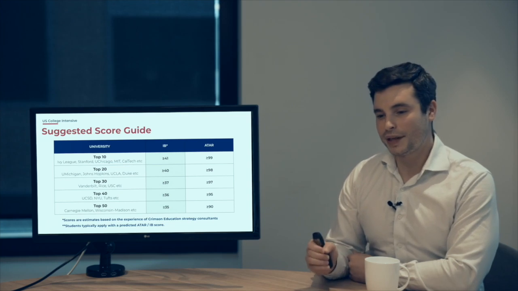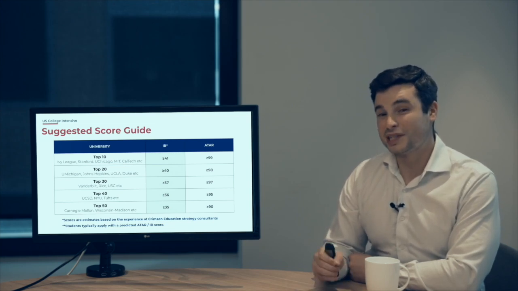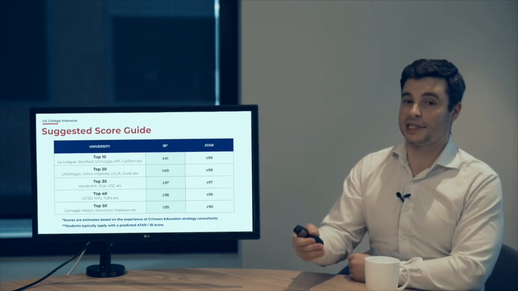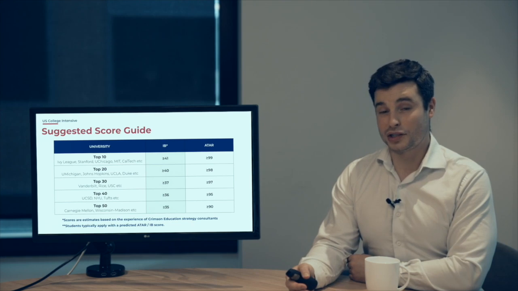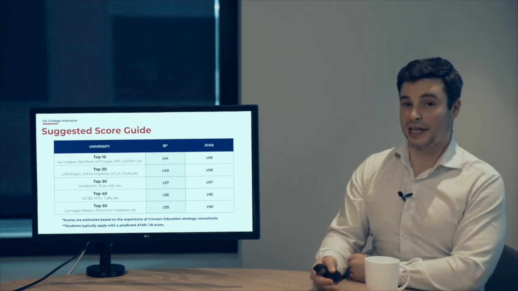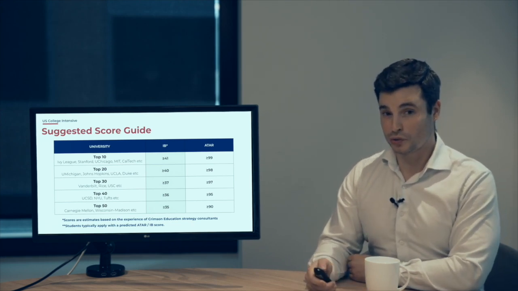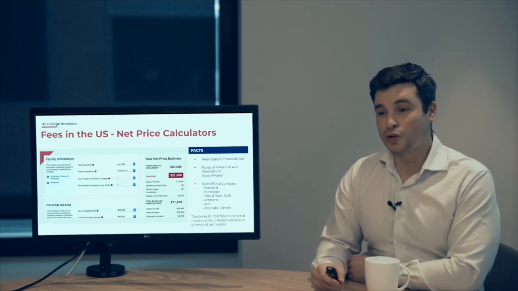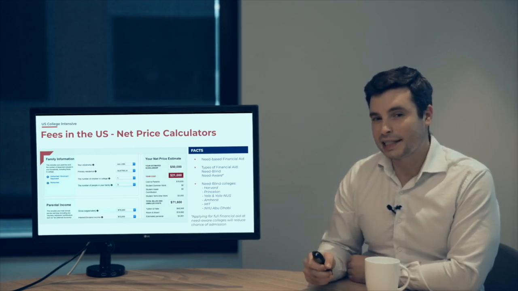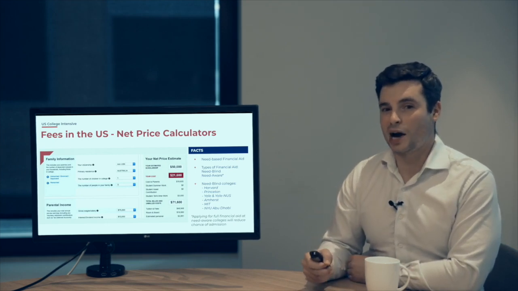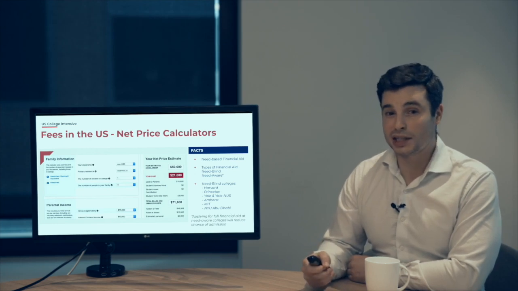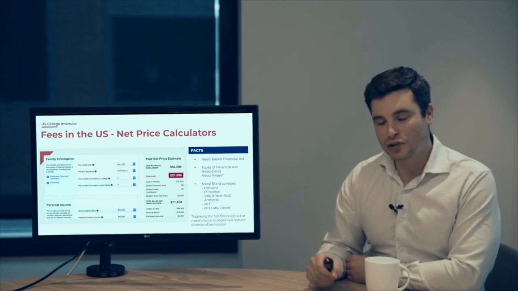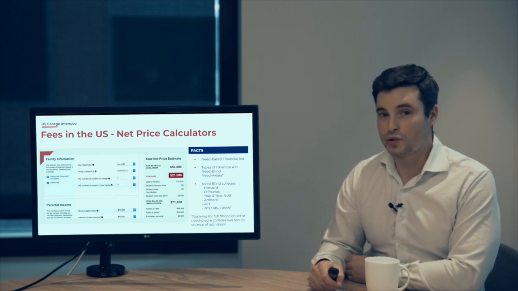But the important thing is that students typically apply with a predicted ATAR or IB score. Your ATAR usually comes out after the early decision round, so you need to make sure that you're getting a predicted ATAR from your school and chatting to your career advisor about that as well. Now when it comes to the fees in the US, there is something called the net price calculator. This can really help to figure out how much you're likely to pay as a result of studying in the US. It's pretty much dependent on your family's financial standing. There are 7 universities that are need blind to international students.